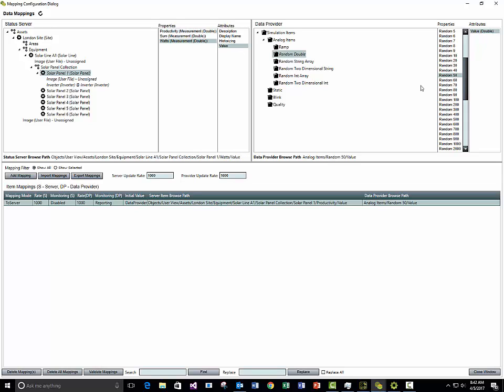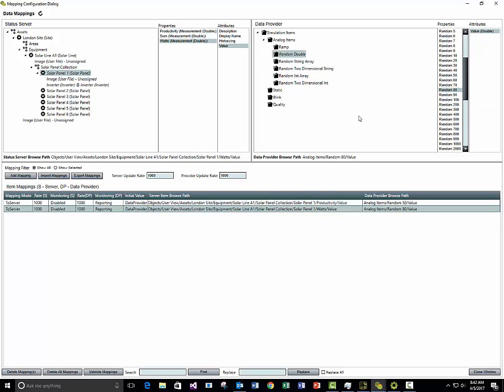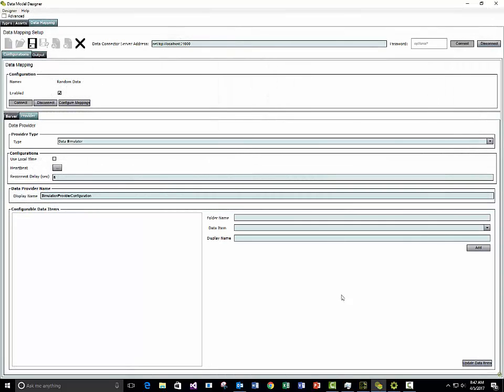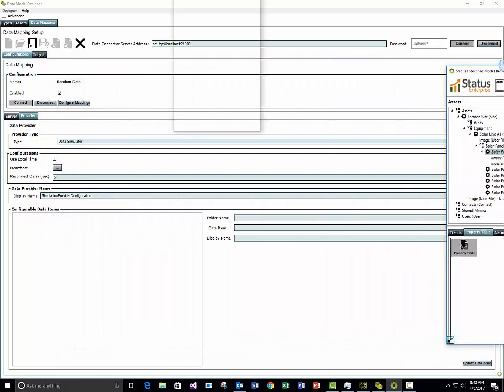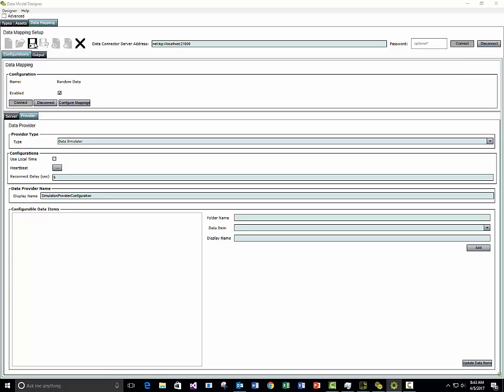And I'm going to select watts, and I'm going to do the same thing, select add mapping, and I'm going to close. Now here's a common mistake. A lot of people will now go and say, okay, where's my data? Well, you haven't saved your configuration file yet. So that configuration file needs to be saved before it's going to take effect. So we're going to save that configuration file,